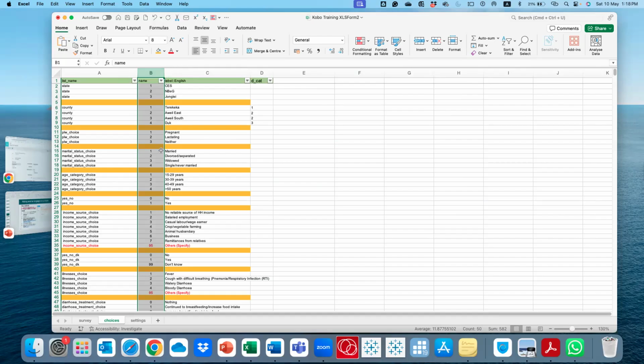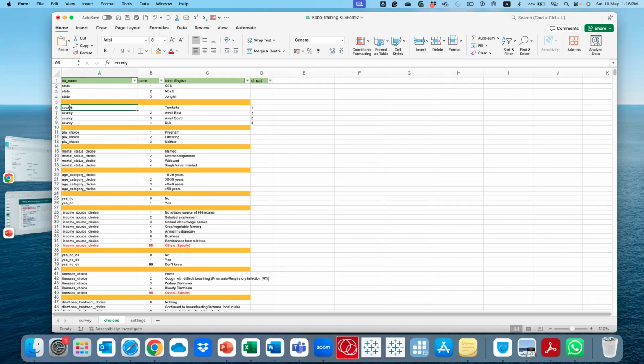If you have done analysis before, you will see that in some analysis, you say male is coded as 0 and female is coded as 1, something like that. That is very important when you're doing a lot of this analysis and regression and whatnot, that you need to have numerical values as coding. So you can code this here, which makes your work later on very, very easy. In this case, for example, under state, Central Equatoria is coded as 1, Northern Bahr el Ghazal is coded as 2, and Jonglei State is coded as 3.